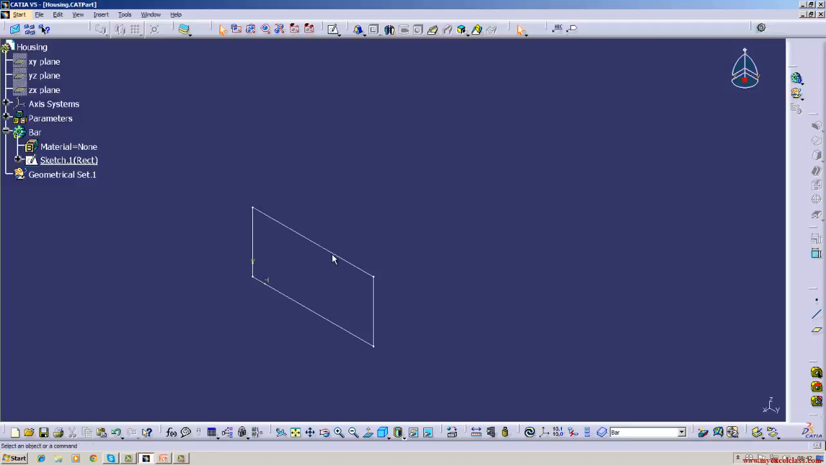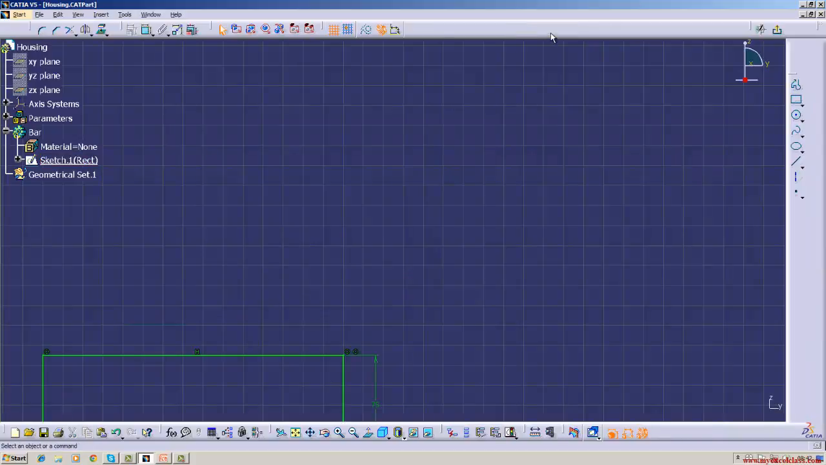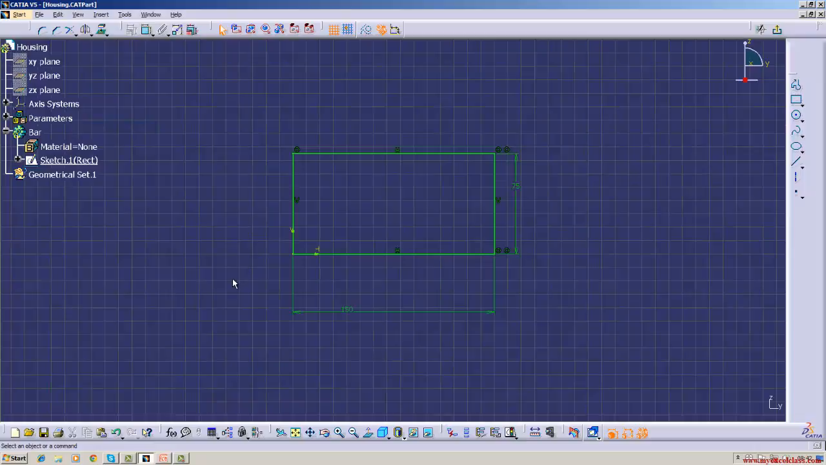I have already pre-drawn a rectangle here. It has been drawn, and I will just show you once again. See, constraints have been applied already. Various constraints have been applied, 75 for this length. And now,